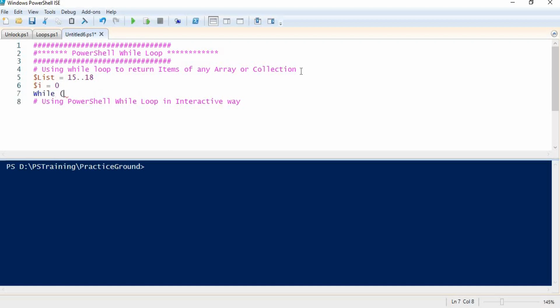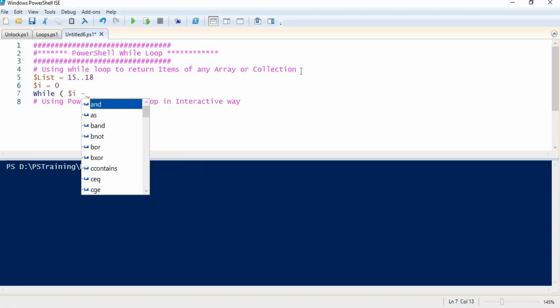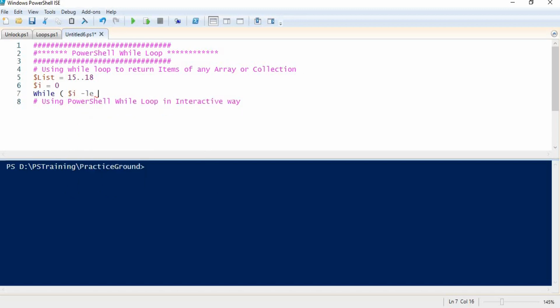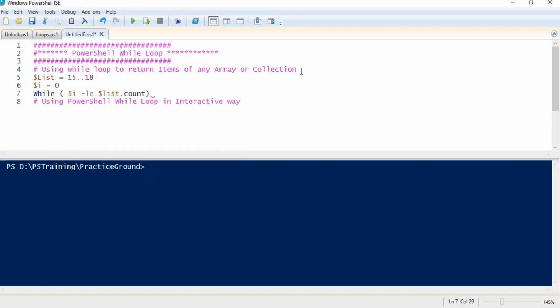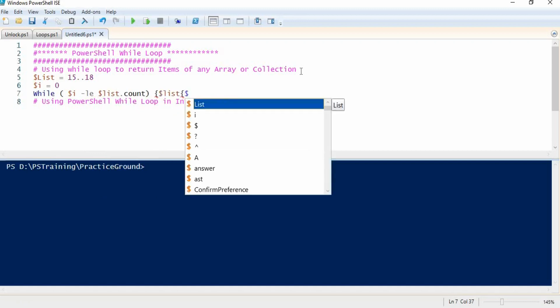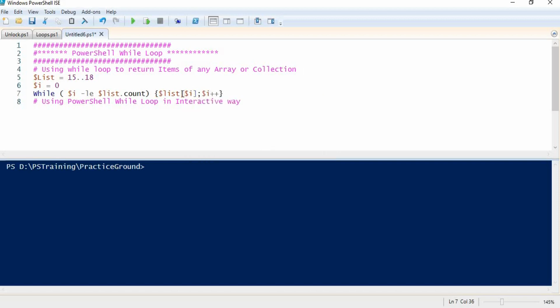As you can already remember the syntax, first of all we have to declare the condition, and our condition is if this variable is less than the count of elements in the array, then I need to run a statement that is list, with index value I, and I plus plus at each iteration.